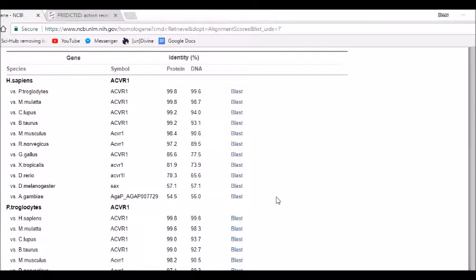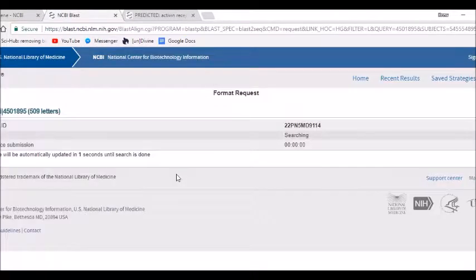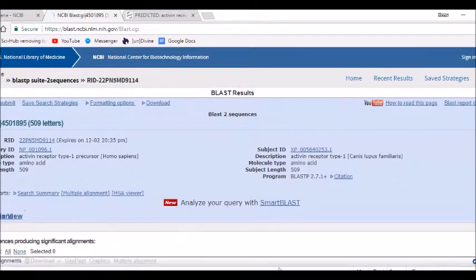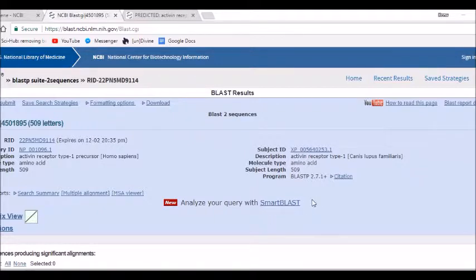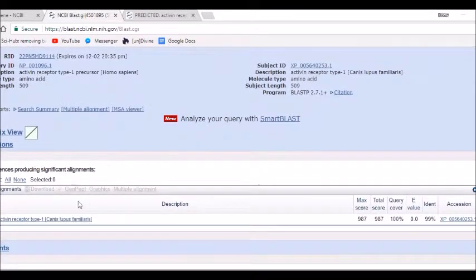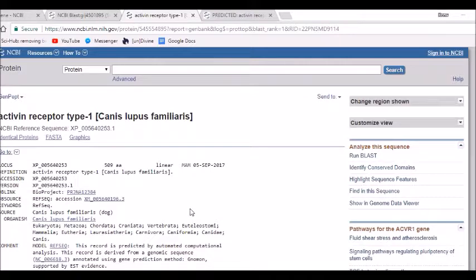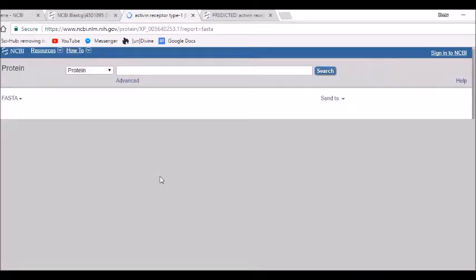Next step will be to use the BLAST software onto these different organisms which have the ACVR1 gene. Now we must use the BLAST software, which will direct us to a page that looks like this, which will lead us to this. From here, we must look for the accession number of the organism, which will lead us to this page. Now what we need in this page is the FASTA sequence, in which what we will do now is